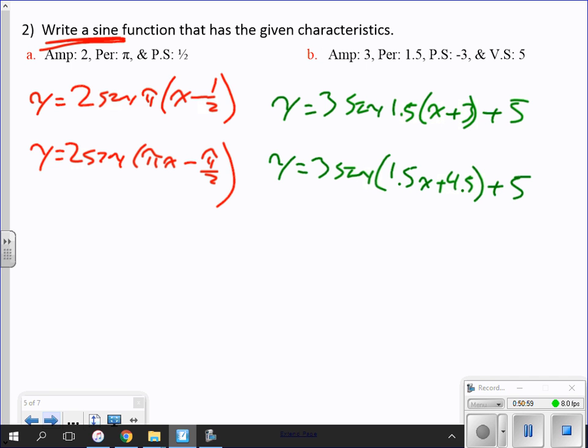Ooh, I made a mistake. My bad. Did anybody have an idea what I screwed up on? Is it the phase shift? Nope. It's not the phase shift. It's your